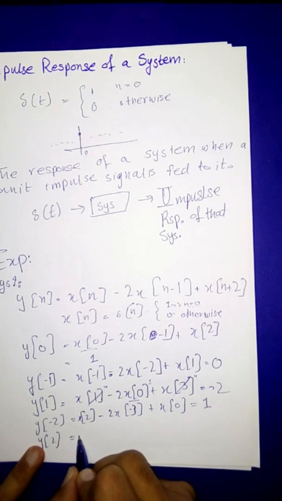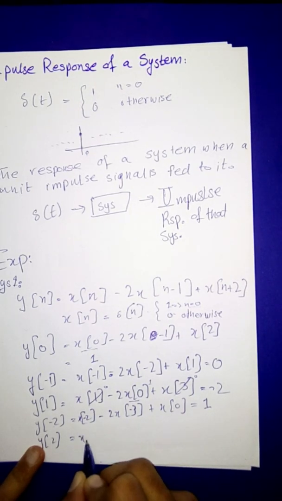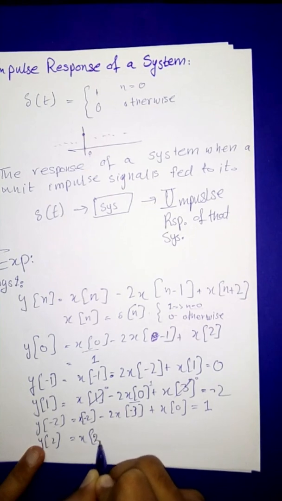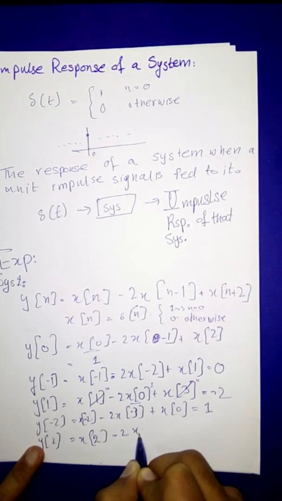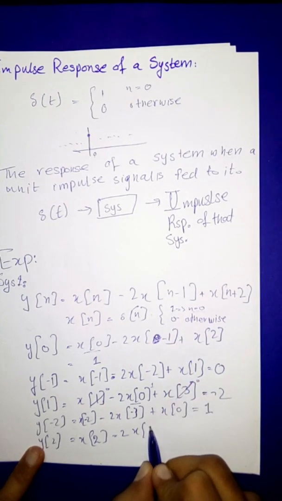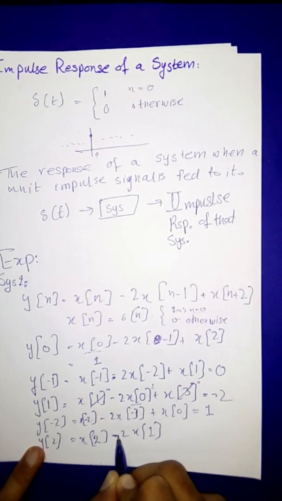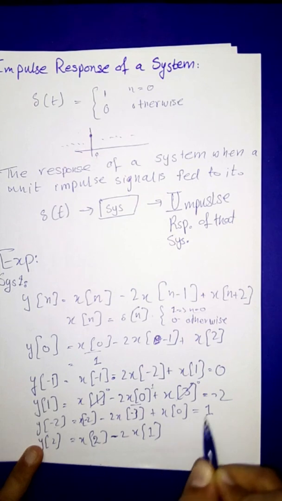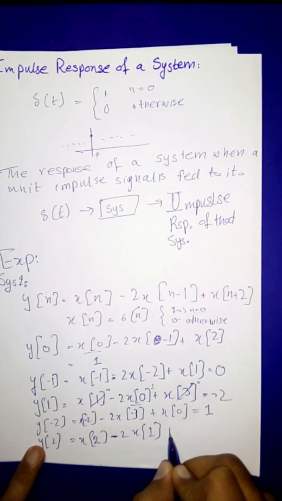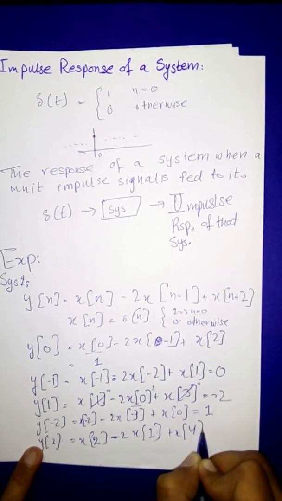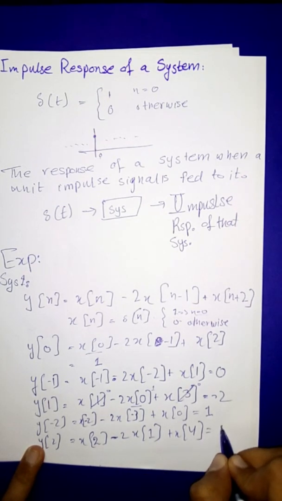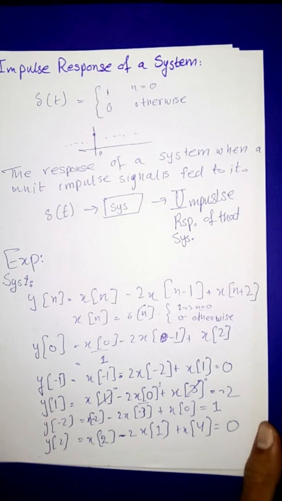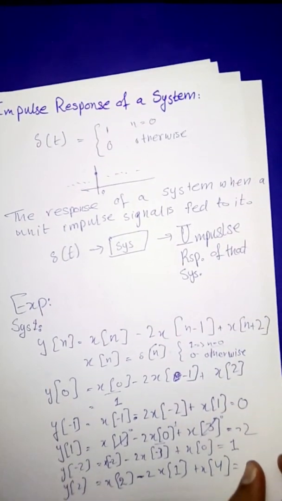Now the next will be x of, this is also minus 2, and this is 2 minus 2 x, this is equal to 1, and this will be x of 4. This will result in, as there is no 0, the result will be 0, so the signal will be somewhat like,